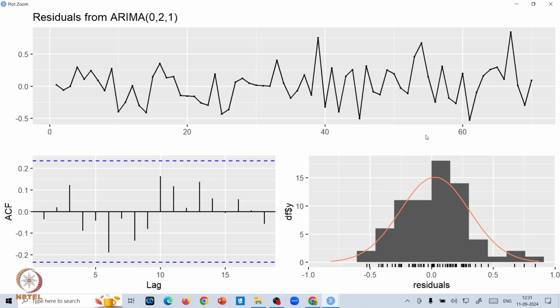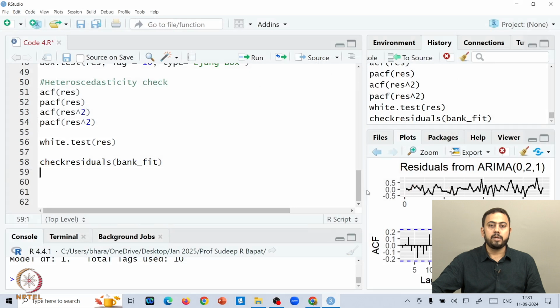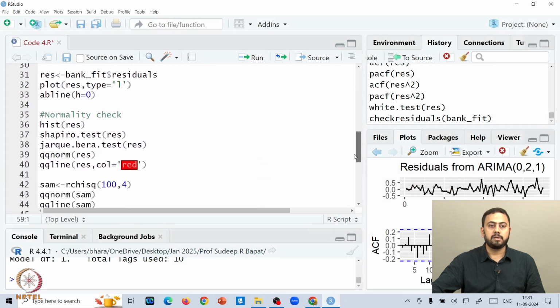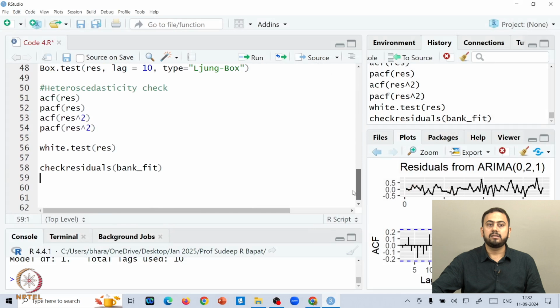So, in a way this checkresiduals function in R is an inbuilt function. It gives you all possible angles, let us say checking for independence through this plot, or checking for normality through this plot, or checking for constant variance through this plot, because even if you simply have a plot of the residuals, here you can clearly observe that the variance is not changing. So, one suggestion is that once you are through individually with all the above sections, for example normality, serial autocorrelation or changing variance, then just to back it up you can use this checkresiduals function in R.